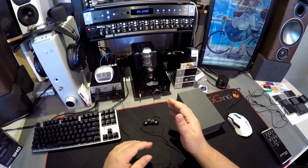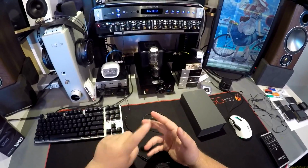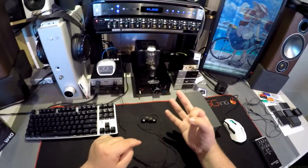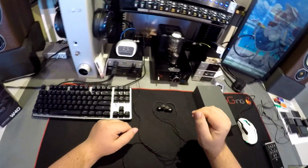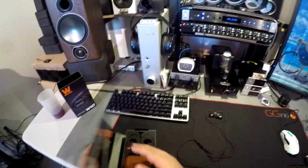$500. I'm super interested in knowing what the 10s, 20s, and 30s sound like, considering it's one less driver each. If I had them all lined up here, that would be super awesome. But these have to go back. And will I buy a set? Of course not. I have no reason to have IEMs right now until VR is more